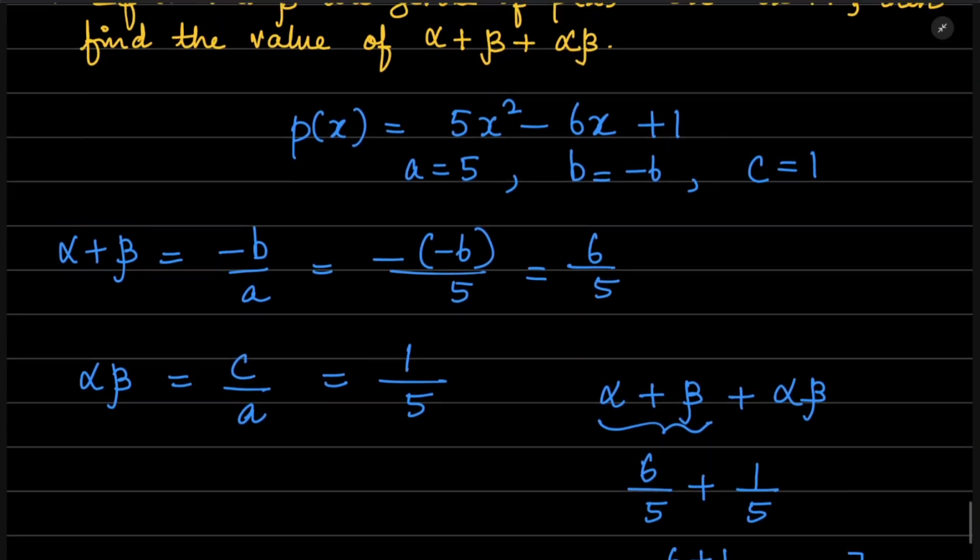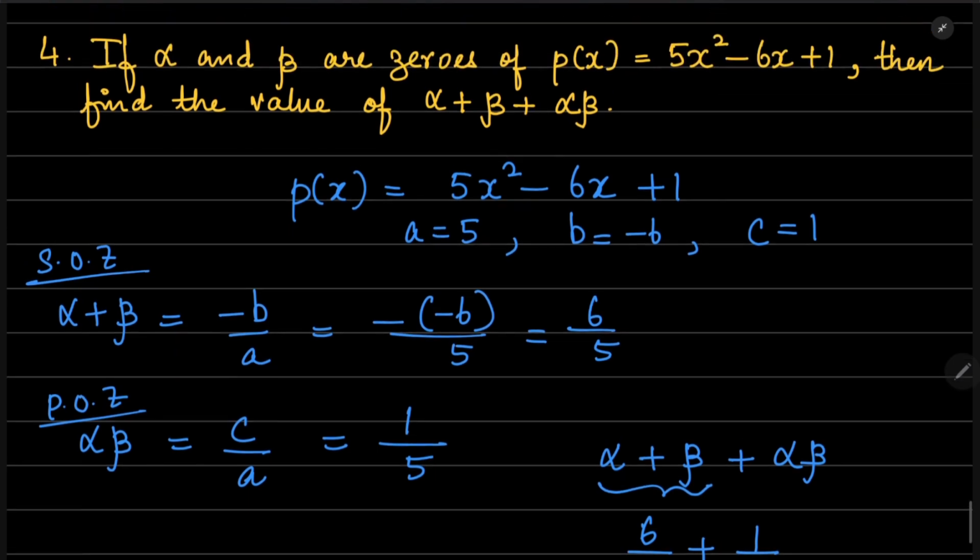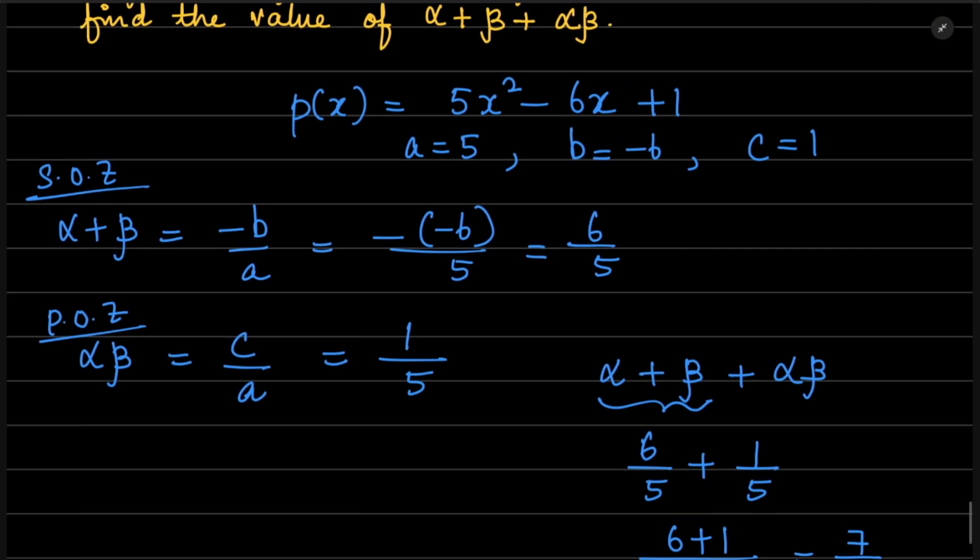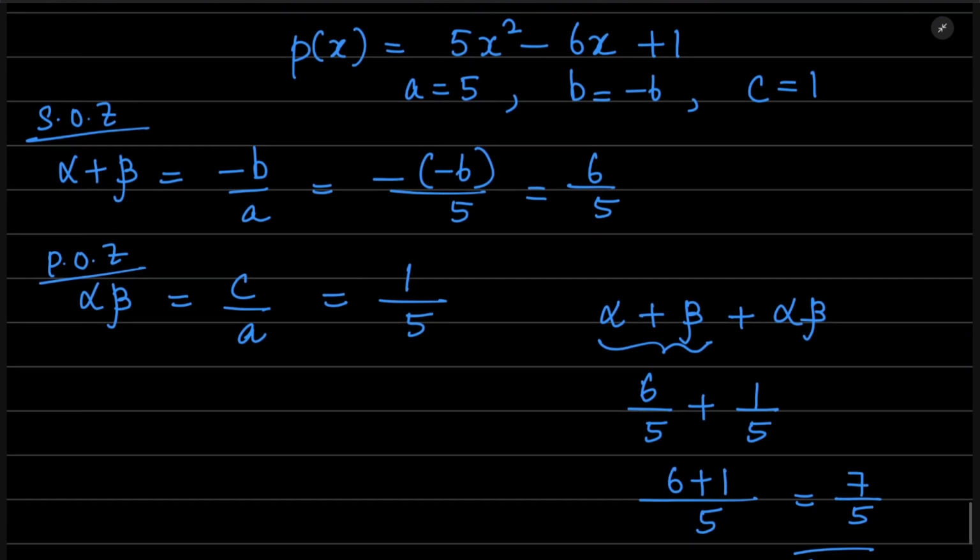Given the polynomial, quickly get the sum of the zeros and the product of the zeros. And using this, you will be able to find the given value, whatever is asked. So the answer is 7 by 5. Let us do one more question